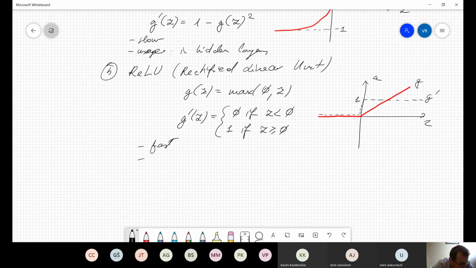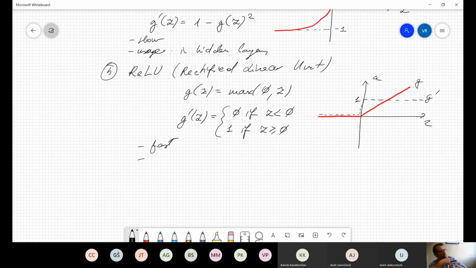But this one has a problem: some neurons just die and do not recover. You can imagine that when you are training a neural net under certain conditions, all the inputs into the neuron become negative. So basically, when you backpropagate everything,